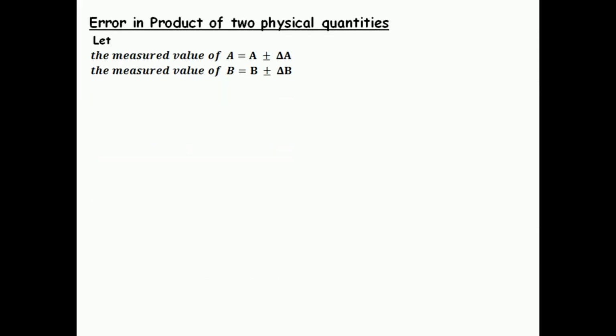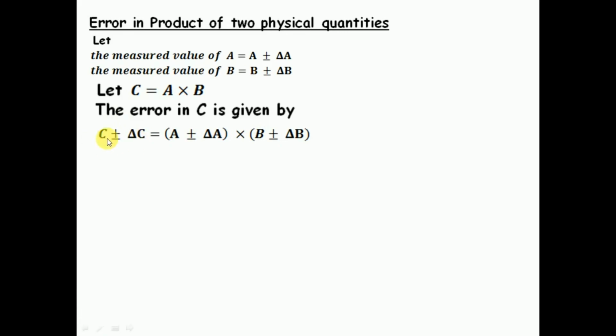Error in the product of two physical quantities. We are taking a and b, and the errors are delta a and delta b. We are taking the product of two variables, a into b is equal to c. Now the error in c can be written as c plus minus delta c is equal to a plus minus delta a into b plus minus delta b. Now I'll multiply this. So a into b is ab, and a into delta b is a delta b plus minus